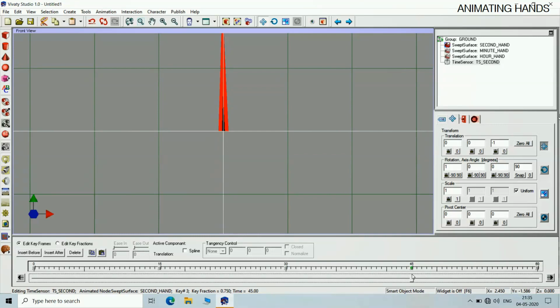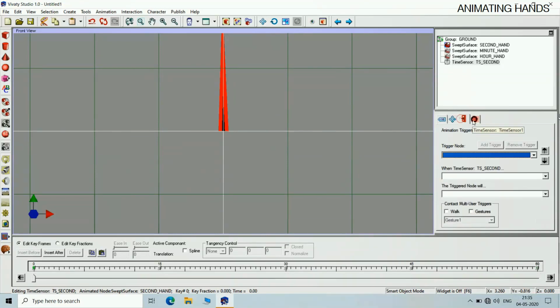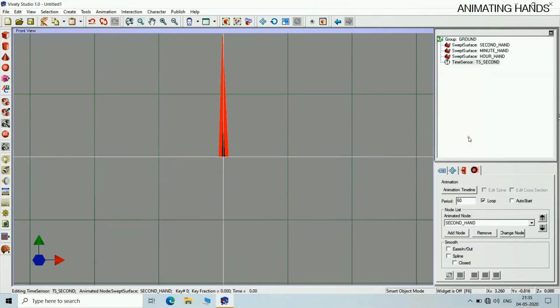At 45 seconds, it will complete three quarters of the portion, and at 60 seconds, it will complete the entire round. So that completes the animation of the second hand. Likewise, now create the animation of the minute hand and hour hand.